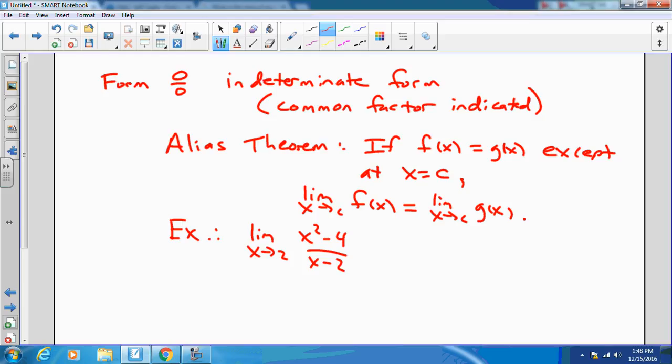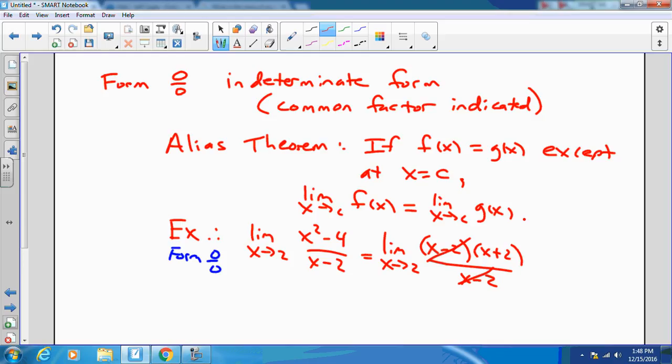What is the limit as x goes to 2 of x squared minus 4 over x minus 2? We consider this limit, and the very first thing we do is check that form. And what is that form? 0 over 0. Yep. And where will I put the form 0 over 0? Off to the left, out of the way of my equal sign here. And this indicates to me that there is a common factor that can probably be canceled. And lo and behold, I find it by factoring. And when I cancel right here, this is the moment where I am appealing to the alias theorem, because the